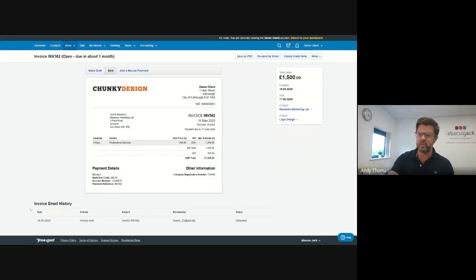Another really useful feature down the bottom here is invoice email history. This is a kind of status of emails that you've sent the client or the customer with your invoices. If you use the facility to email these directly from the software, it will track the status. It'll tell you whether they've been sent, delivered, failed, that kind of thing, which can be quite handy if